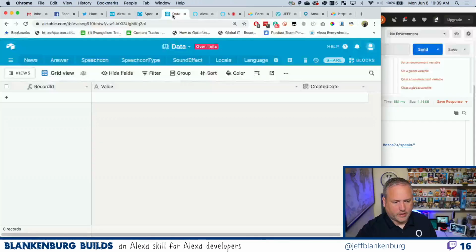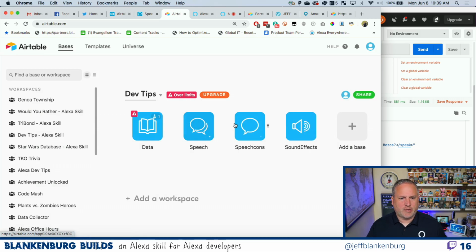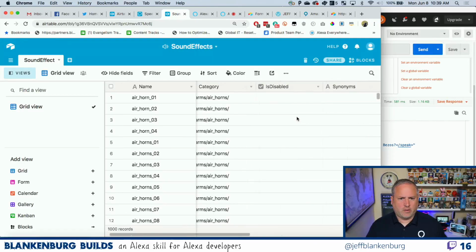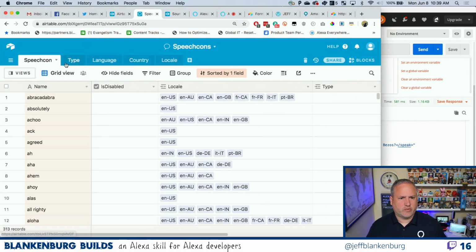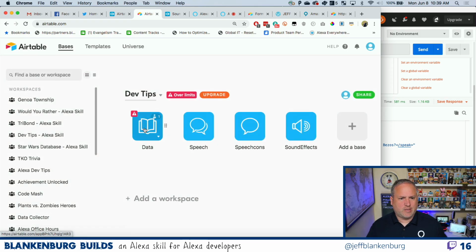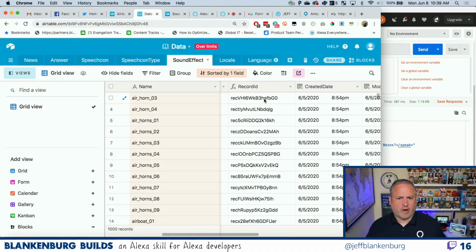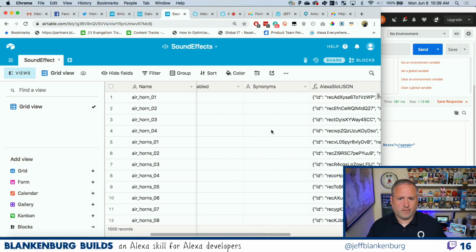So if we can go back to looking at the right things. Okay. Yeah, no rows were returned, but it was because I've apparently missed a column. So let's look at our table here for a second. I'm guessing it's the new table. And let's look at the old table just to compare and contrast. If we come into data and we look at sound effect, you can see that I have this record ID column. I'm using that to query against, but I didn't create it here for whatever reason.